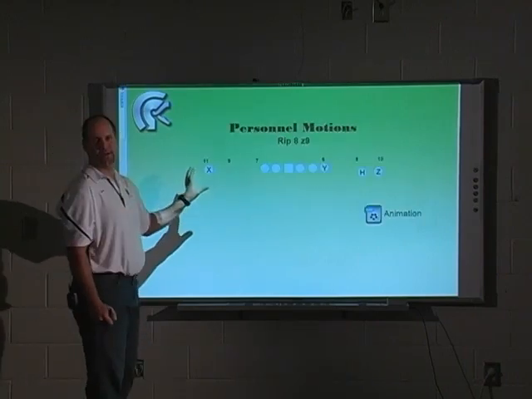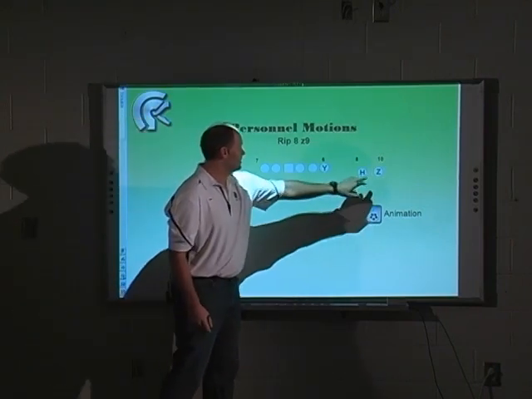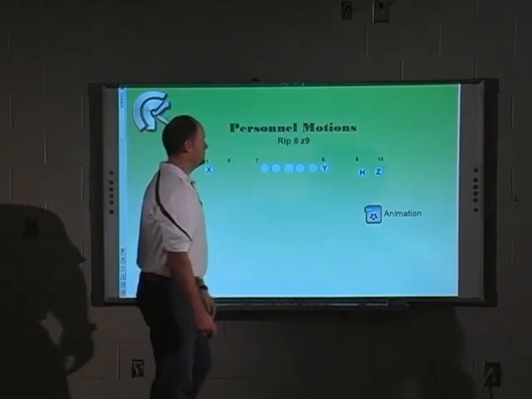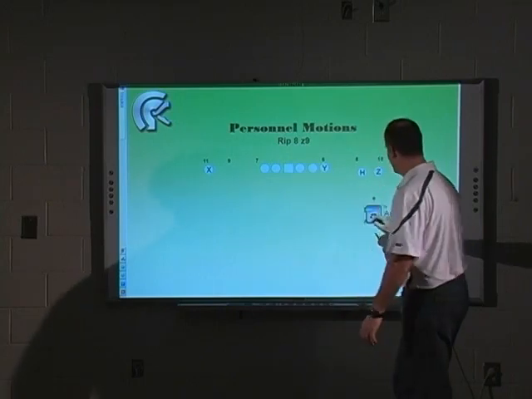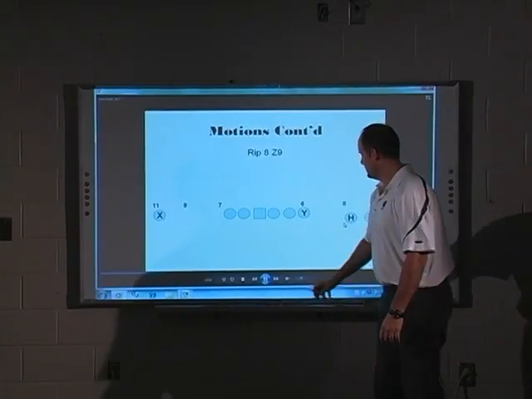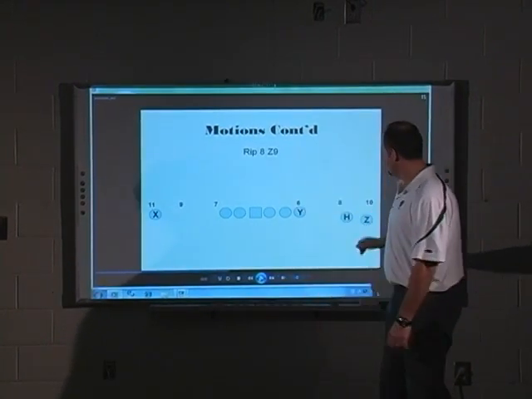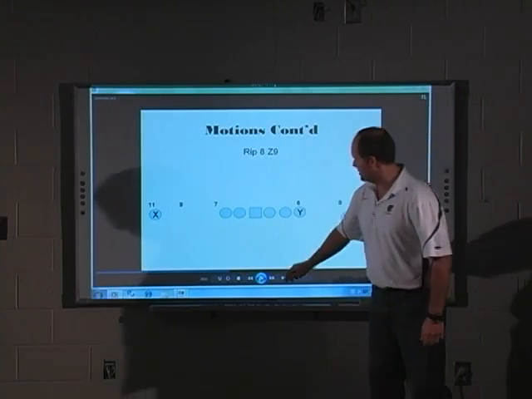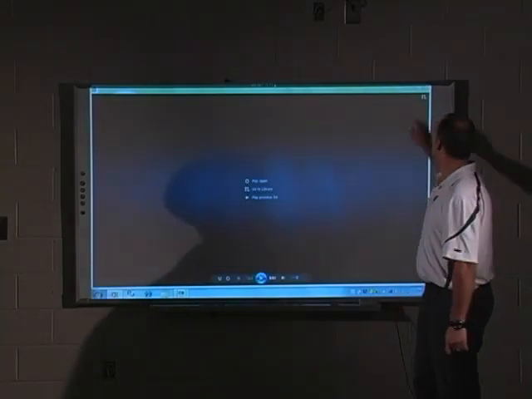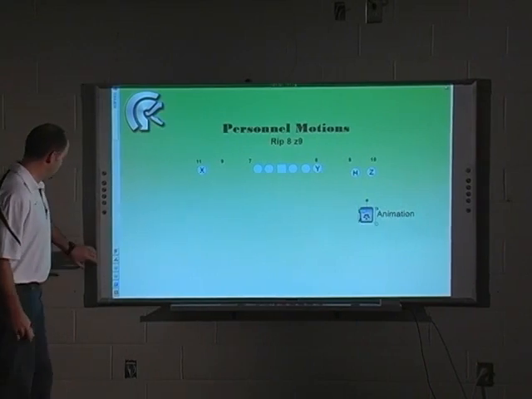Well, first of all, you have to know what our Rip 8 looks like. Not that it matters, but this is what a Rip 8 looks like. Our Z will be located out here as a number 1. We're also telling him to go into a Z9. So let's take a look at the animation, and again, help you figure out what we're talking about. Here's an illustration of Rip 8, Z9. We're going to take our Z-back and we're going to motion him to the 9 spot. Now we've moved him all the way across the formation just by tagging it by his position and number and where to go.